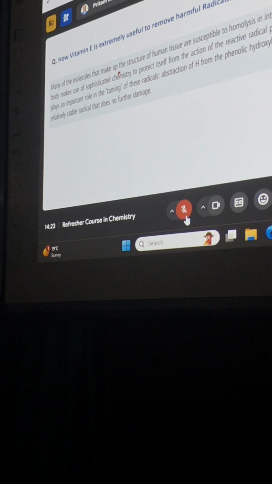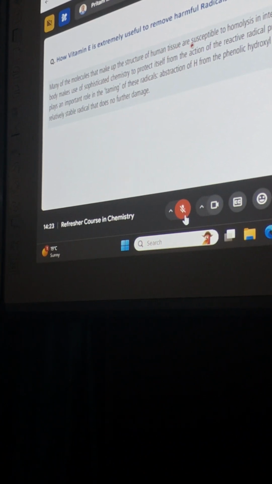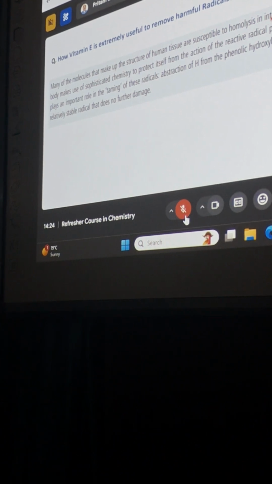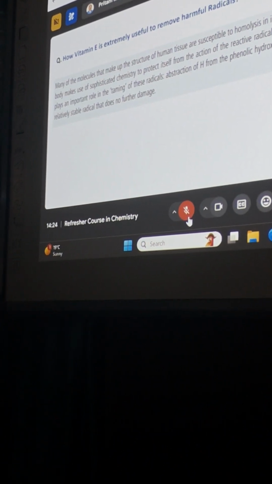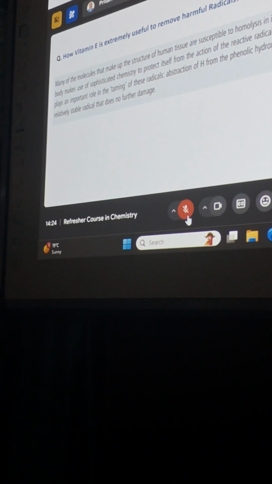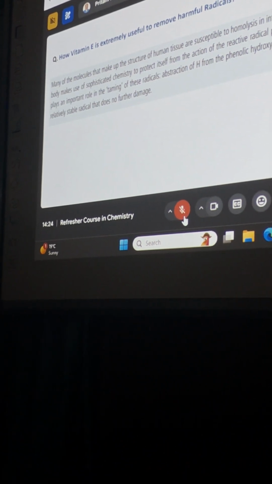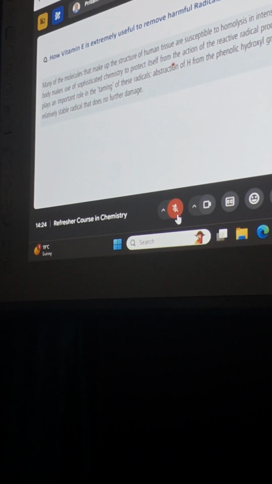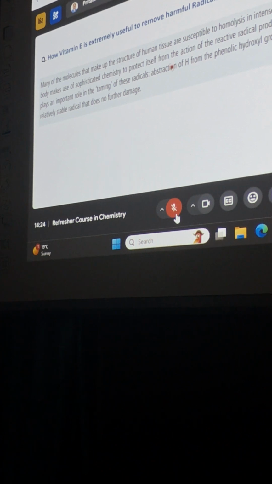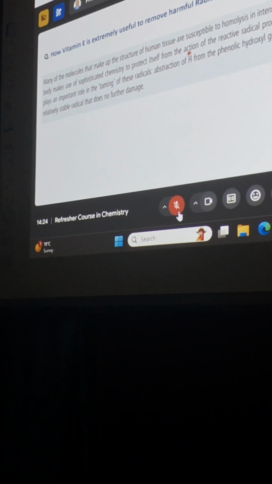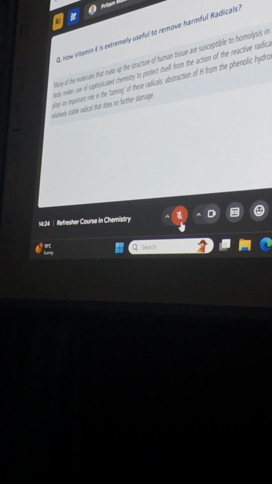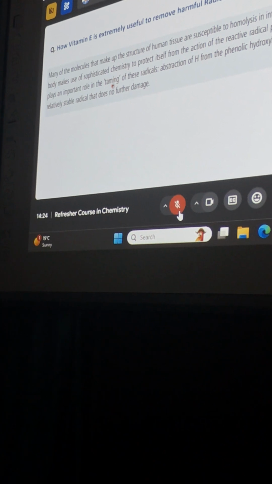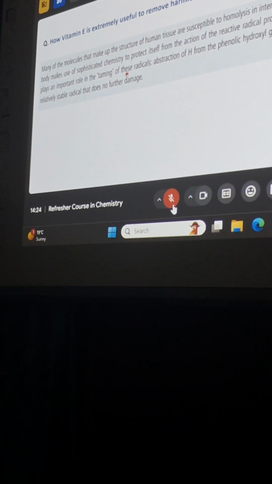So that means in our human tissues, they are made of molecules that are susceptible to homolysis in intense light. That means intense light is solar light, sunlight, UV light coming from the sunlight. And our body has found some sophisticated chemistry, that means a mechanism, to protect us from these reactive radicals. And vitamin E plays an important role in taming these radicals, that means controlling the reactivity of these radicals